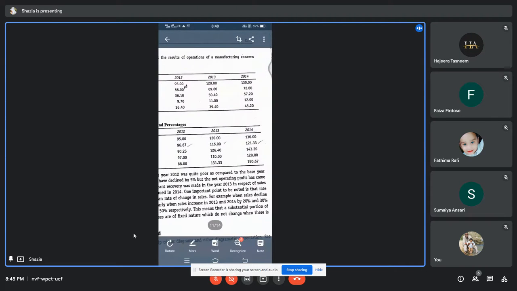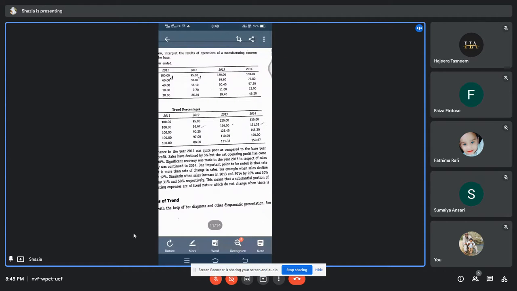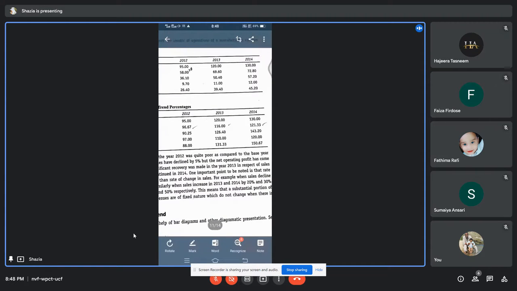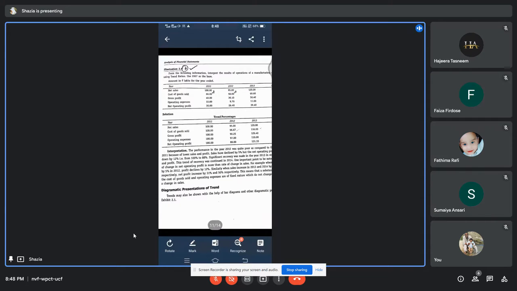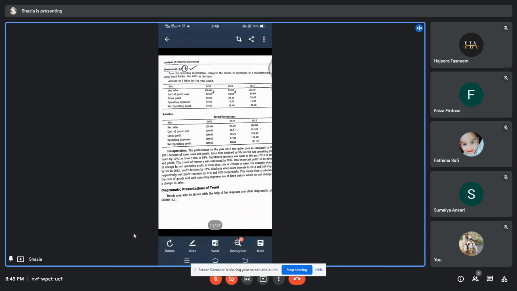Now everything is taken as 100 here, isn't it? So actually everything is divided by 100, so you're getting the same amount here. So 95, 120% and 130%. Now let's take the second one, cost of goods sold. Here everything is given in the form of the answer itself. You don't need to subtract or deduct here.